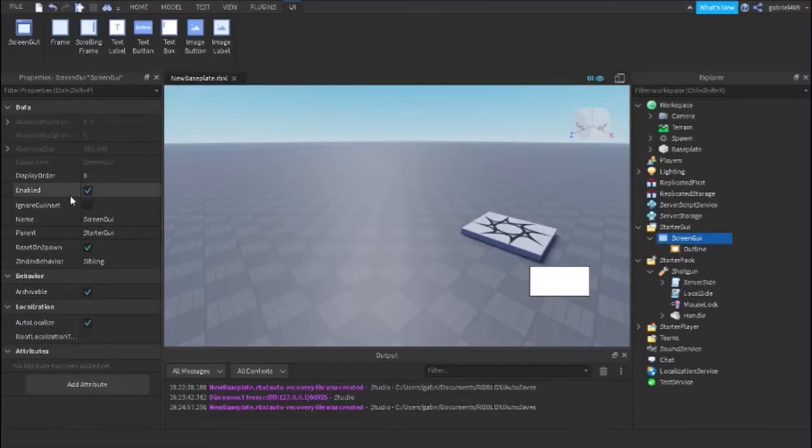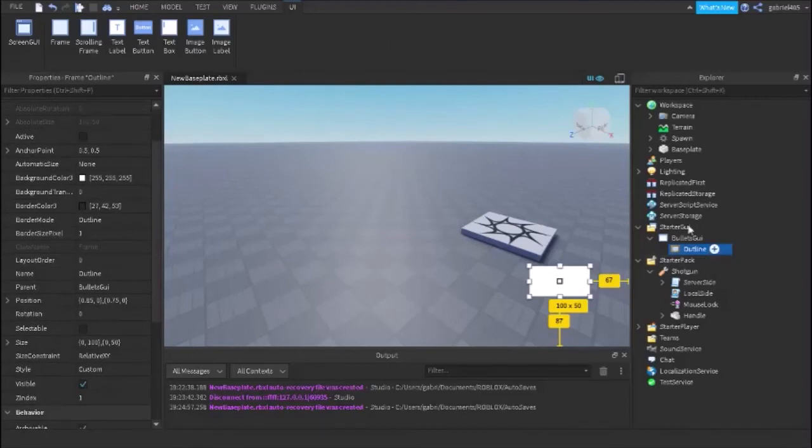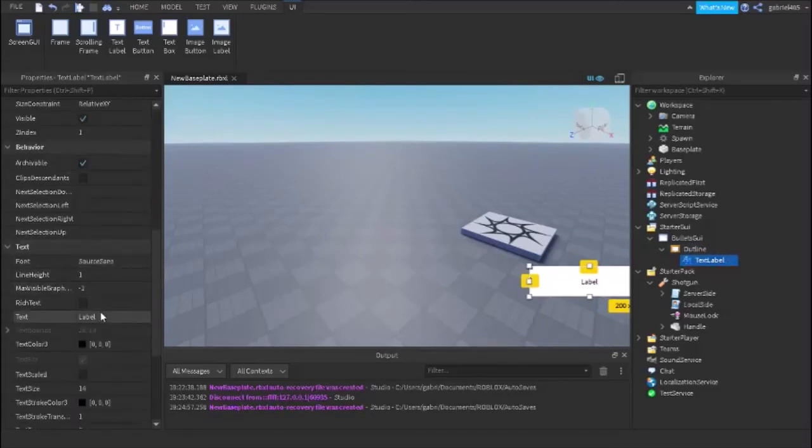And we'll call this right here reloading, I guess amount GUI, or bullets GUI. Okay, I want to think of a good name for this. I guess we'll call this bullets GUI. So this is going to indicate the amount of bullets. Let's insert a text button to actually indicate the amount. Okay, so this is going to be